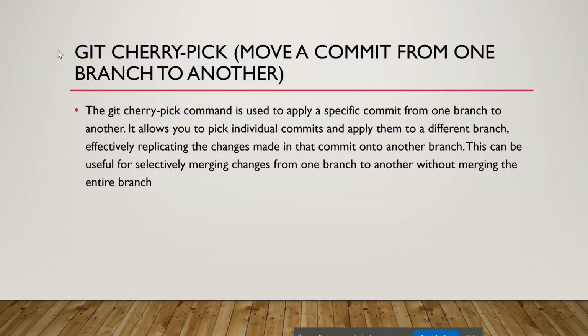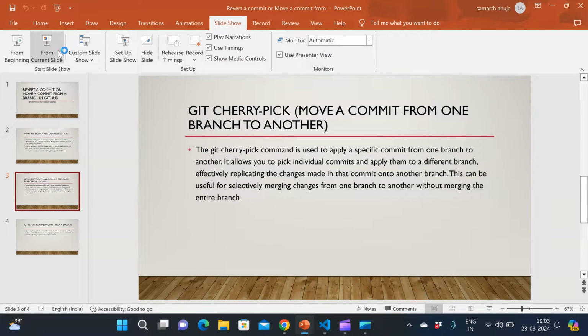The git cherry-pick command helps us in moving a commit from one branch to another branch. The git cherry-pick command is used to move a specific commit from one branch to another. It allows you to pick individual commits and apply them to a different branch, effectively replicating the changes you made into another branch. So let's see how we can do it